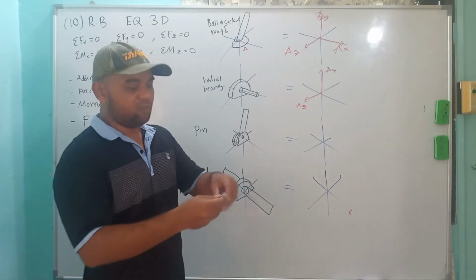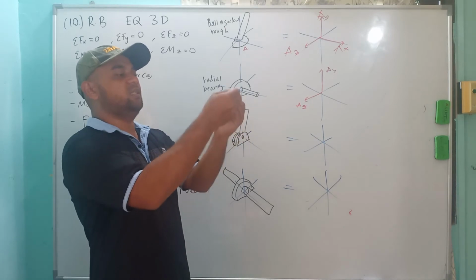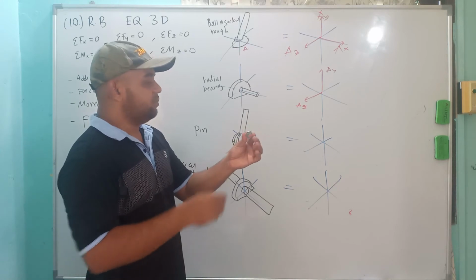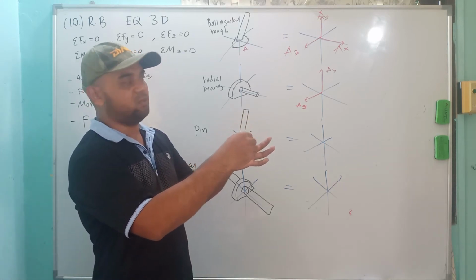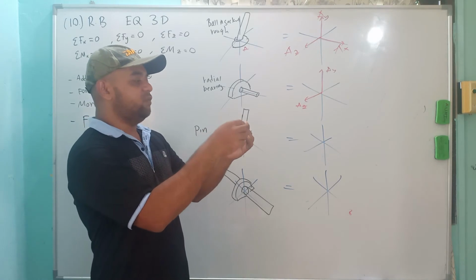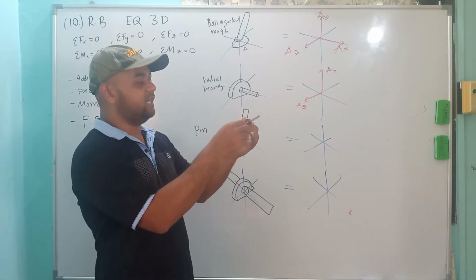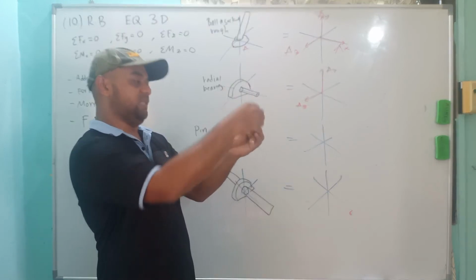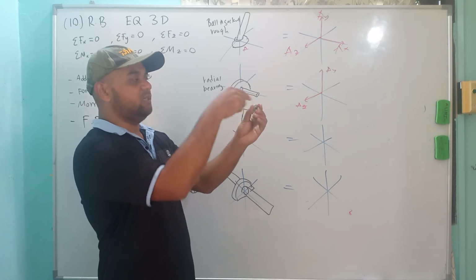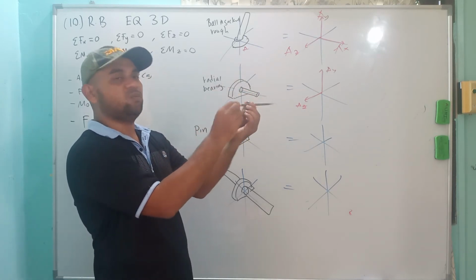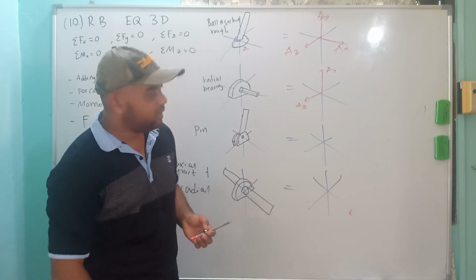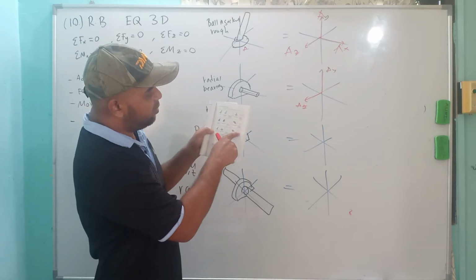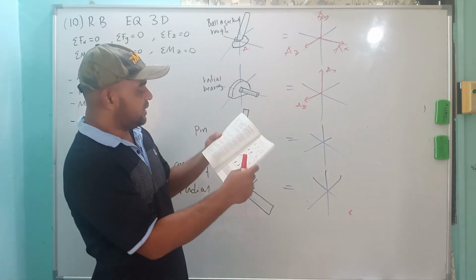It cannot move in y because if you fix this one, it cannot move. And then it is free to rotate about the x-axis, so there's no moment in x. This is z, this is y, so this rotation is y. Both it cannot rotate. But normally when you draw the free body diagram, in this figure you will see that there will be moment in y and moment in z. But it is explained to you here.